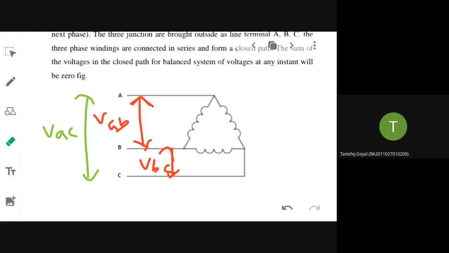Suppose you consider line current and phase current, then what can you observe? What is this current? What is this current? Line currents. IAB, IBC, IAC will be the phase currents, and IA, IB, IC will be the line currents. Will both currents be equal or not equal? Not equal. For star connection both quantities are equal. Now we'll move on to the derivation part.